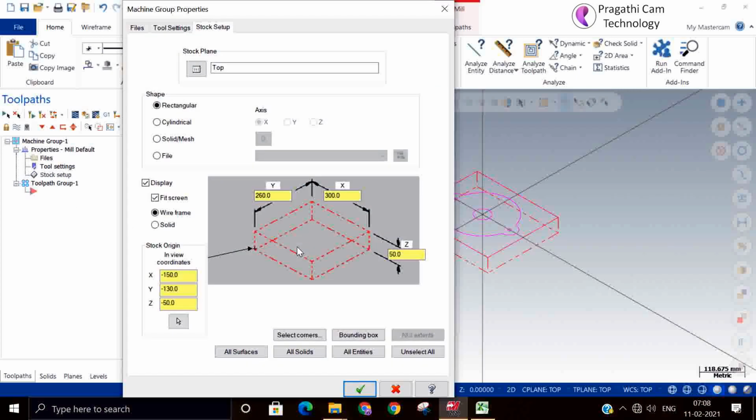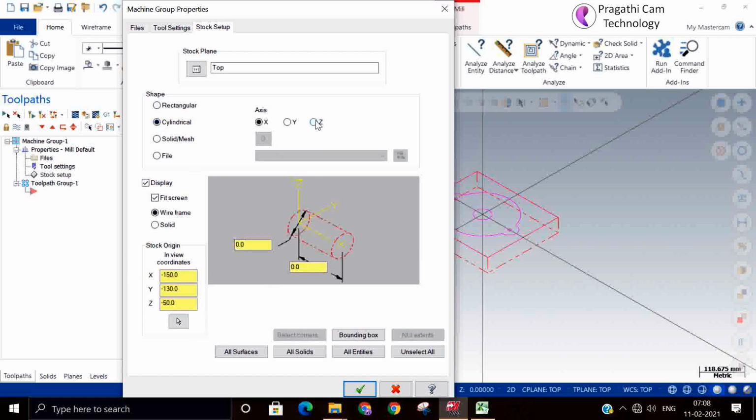This is all about the stock setup. You can use these stock materials: a cylinder, rectangle, and file. Any method you can use. This we will see in detail in the coming simulation. For now, at the initial stage, we understand. We can see the cylinder where it's at.